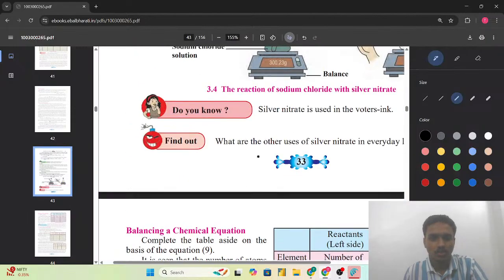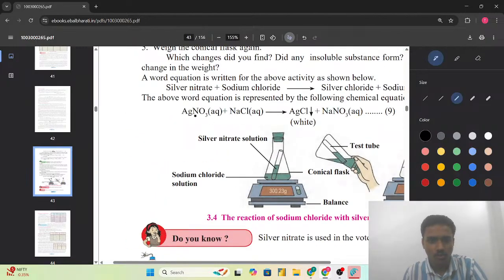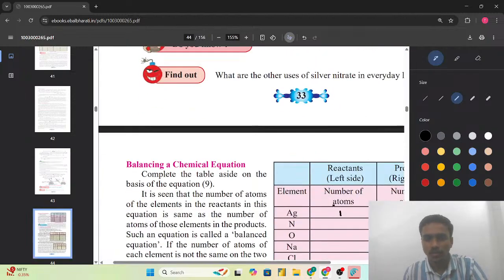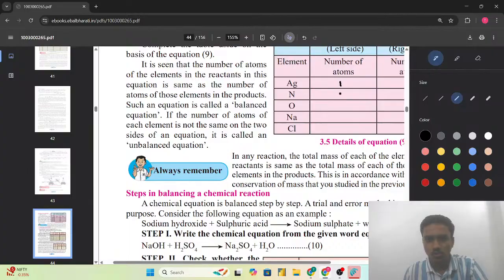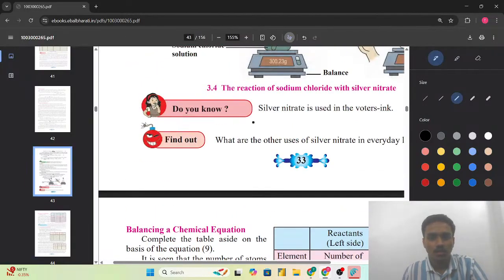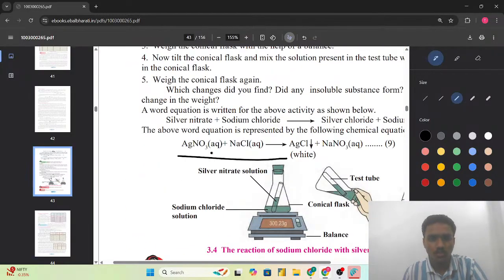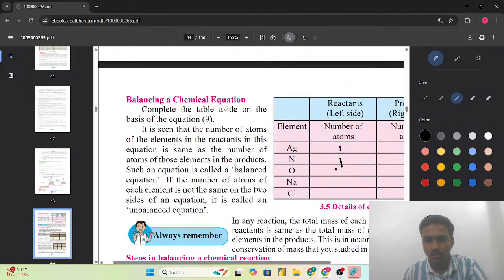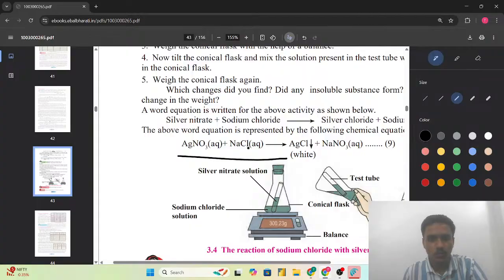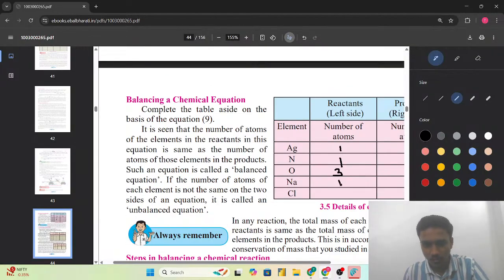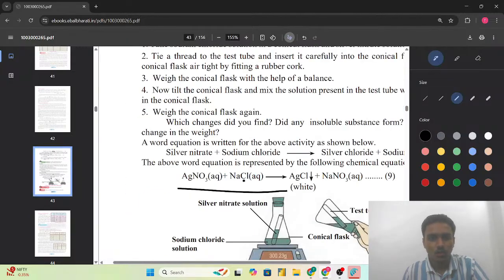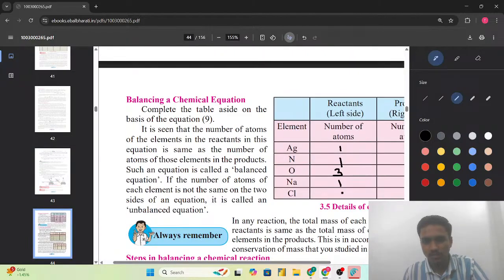रिएक्टेंट्स ऑफ नाइट्रोजन के कितने एटम्स है? सो नाइट्रोजन एक ही है। We have to consider this side as we are thinking about the reactants. सो नाइट्रोजन यहाँ पर हम देख सकते हैं नाइट्रोजन is 1। Then we have asked about the oxygen. ऑक्सीजन 3 है। सो ऑक्सीजन will be 3। Then we have asked about the sodium. सोडियम यहाँ पर एक ही है। सोडियम एक है। देन क्लोरीन, क्लोरीन यहाँ पर देख सकते हैं Cl is also here 1।